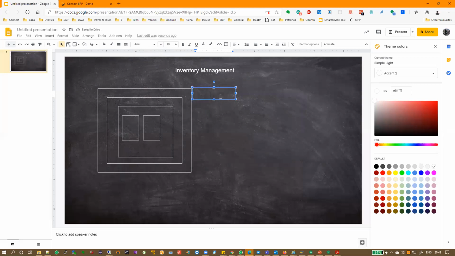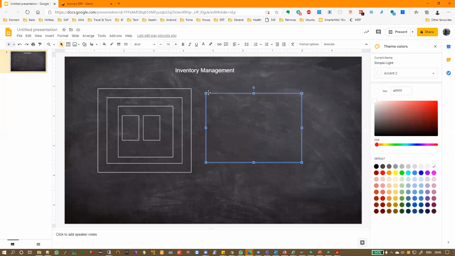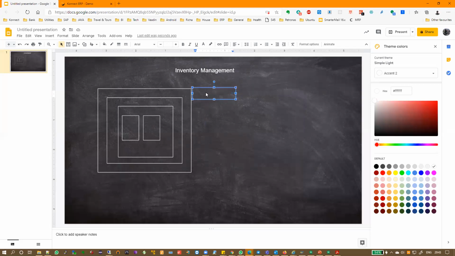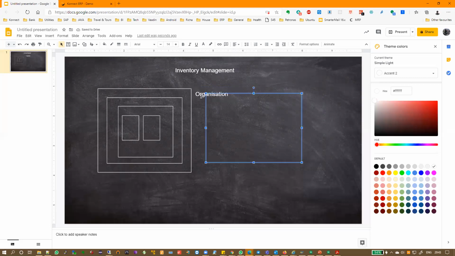The first one is the company itself, or what we call the organization. So the first level is the organization.